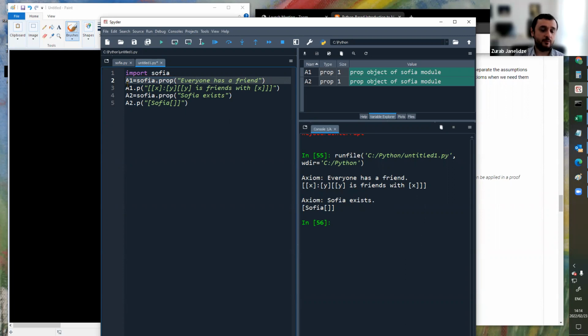You might recall that when we were building up theorems, we did the same first step. We introduced some object that was a Sophia proposition. The command that turns A1 into an axiom is this command .p. It is short for postulate. So the idea here is that with this command, we are telling Sophia what the axiom states, and we're also saying that A1 should now be seen as an axiom. And so after this command, we will not be able to build a proof for it.